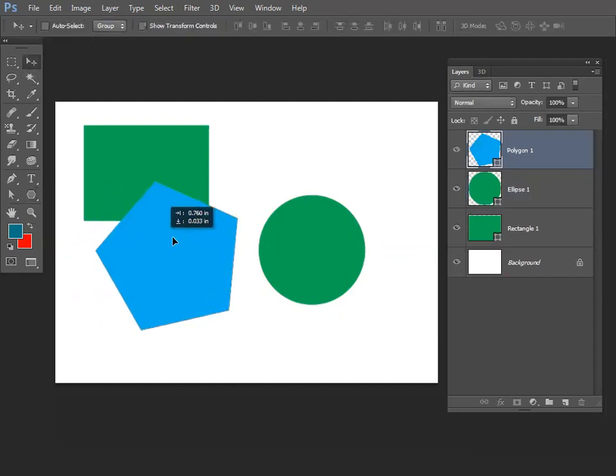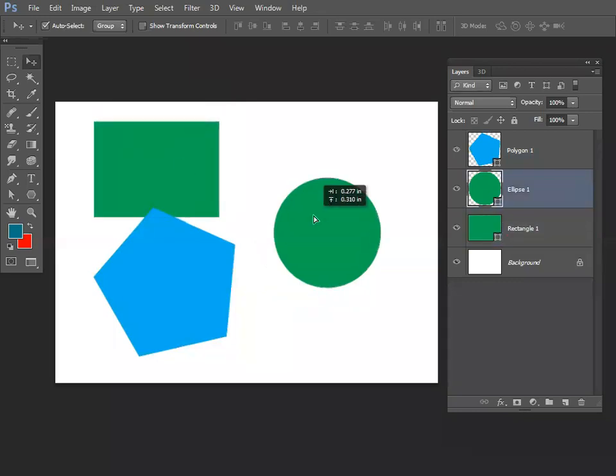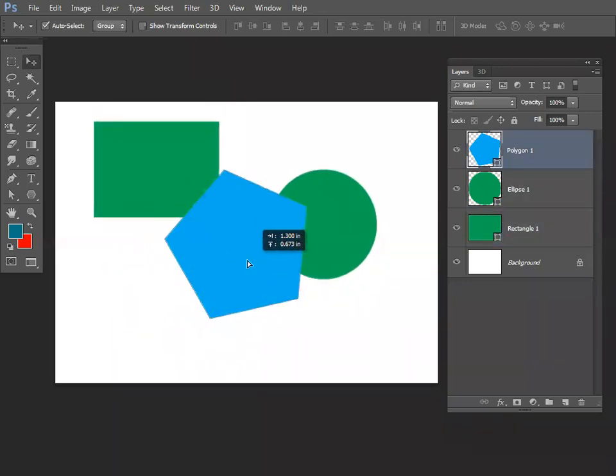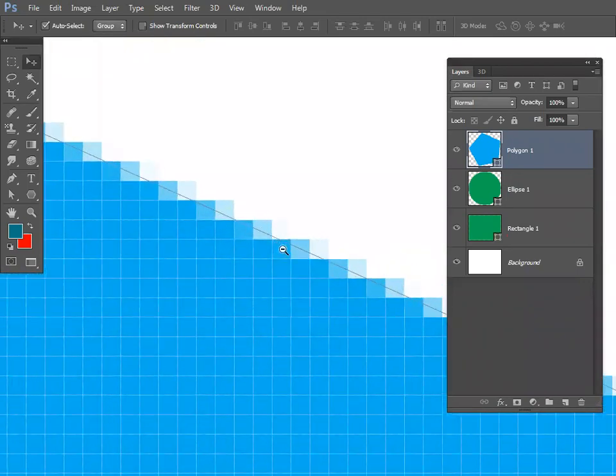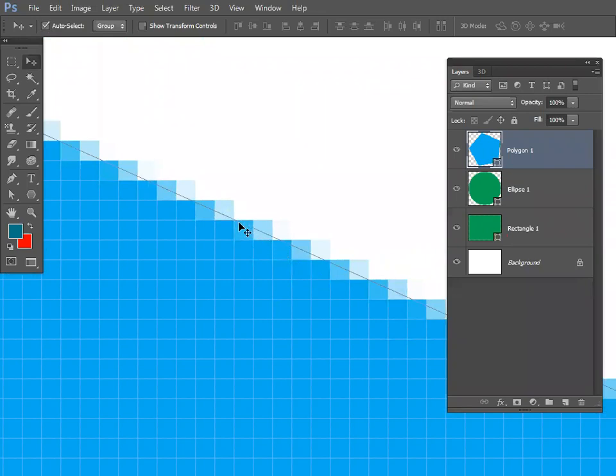So that is a new layer. This is a new layer. This is auto select. This is a new layer. This is another new layer. So everything comes into a new layer, and you take a closer look at this image. This image is drawn using a line here. Can you see that? That is a path.